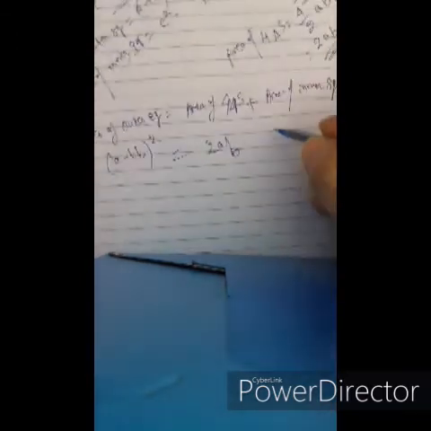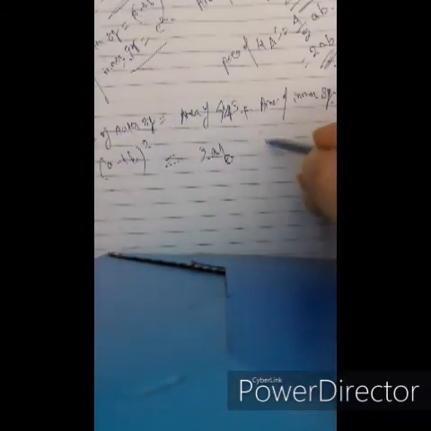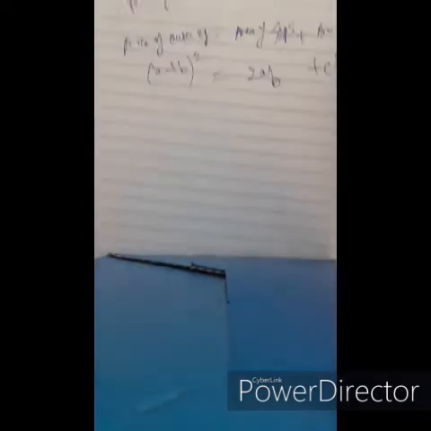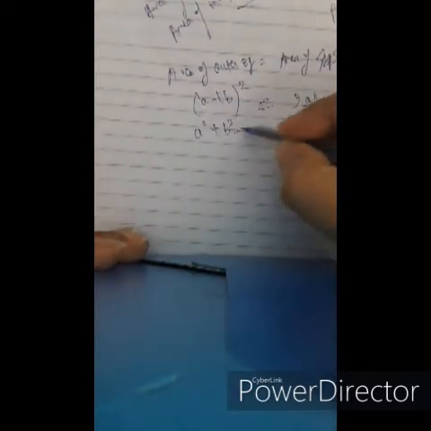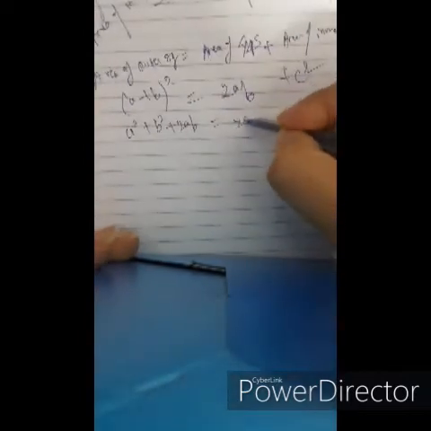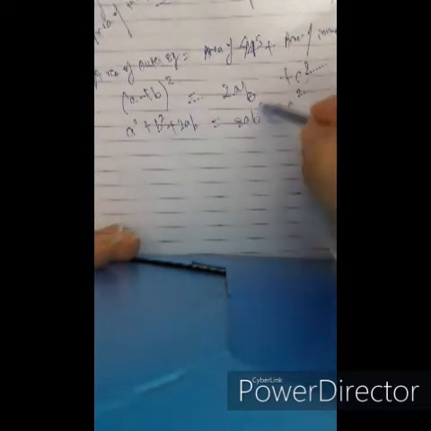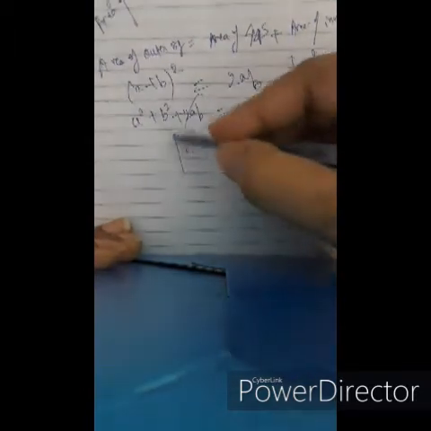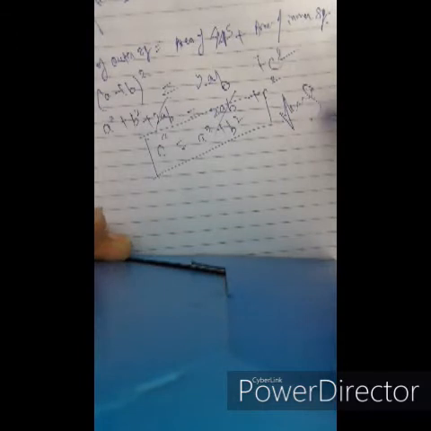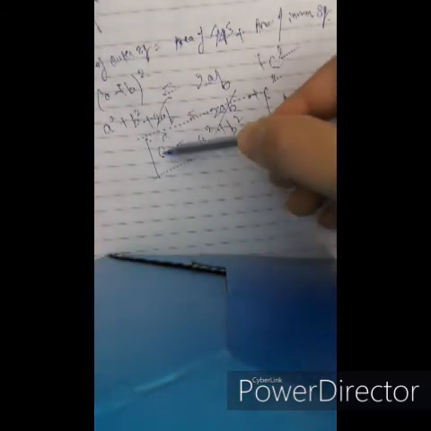and area of the inner square we got C square. So A plus B whole square, we write by the formula A square plus B square plus 2AB, equals 2AB plus C square. So 2AB cancels out, we get C square equals A square plus B square. Hence Pythagoras theorem is proved, that is, square of the hypotenuse equals square of the perpendicular plus square of the base. The proof part is very simple. I hope you got how to derive this theorem.